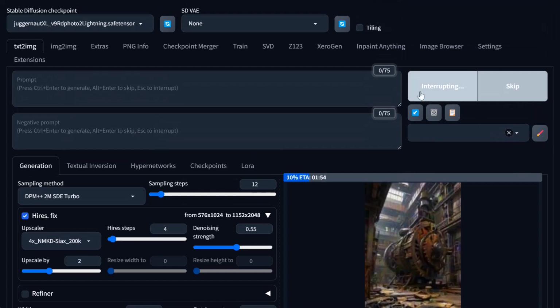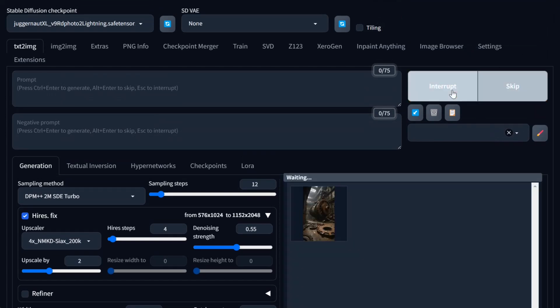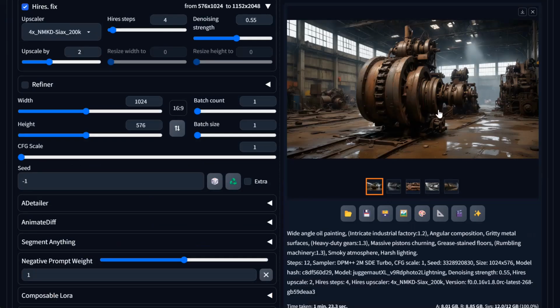Give it a second to cancel that out. Then we're going to hit generate on that and let that generate. Okay, let's pull these up. So for those who are curious,